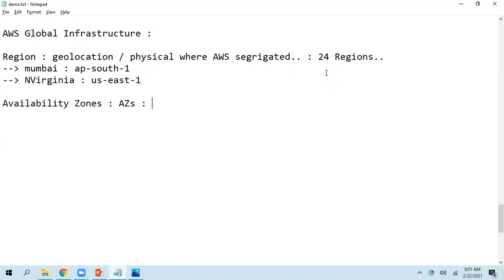Whatever server you want to run will be within this availability zone. Whatever database you want to run, the required hardware is within this availability zone. So you need to connect to this availability zone, then you can launch all these resources, right? So an availability zone is nothing but a data center